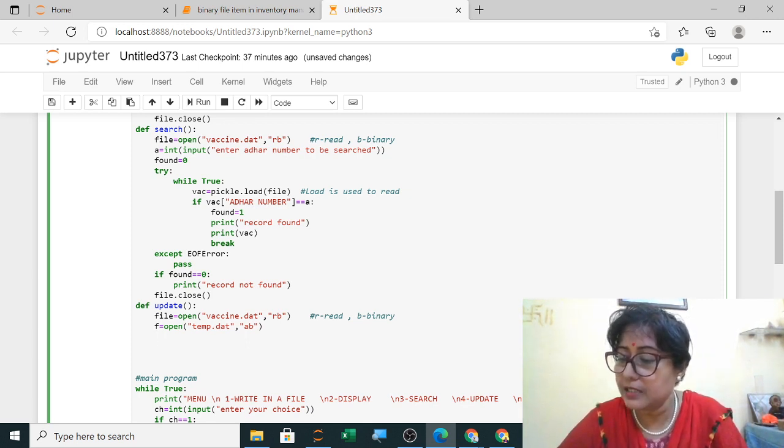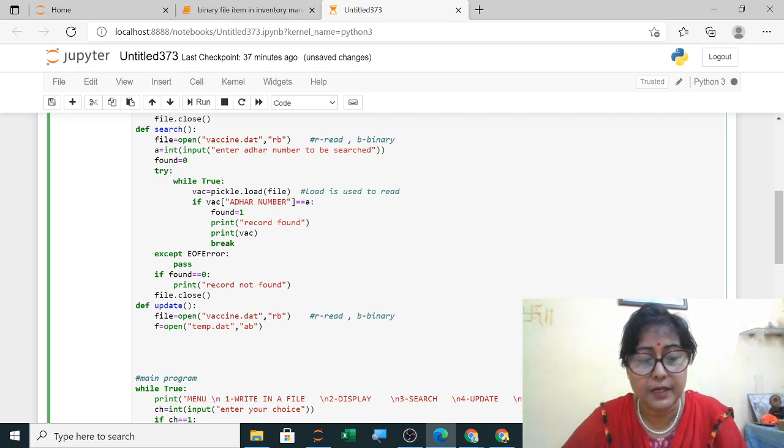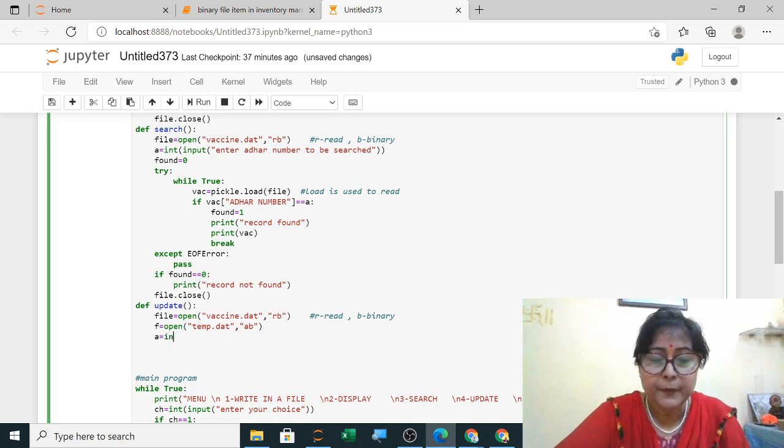Now I will ask the user which Aadhaar number, as per the Aadhaar number, which record is to be updated. So A I have given here as int input, enter the Aadhaar number whose record is to be updated.